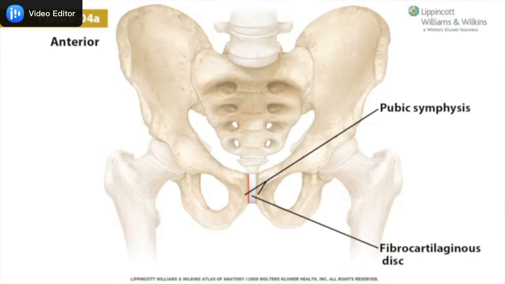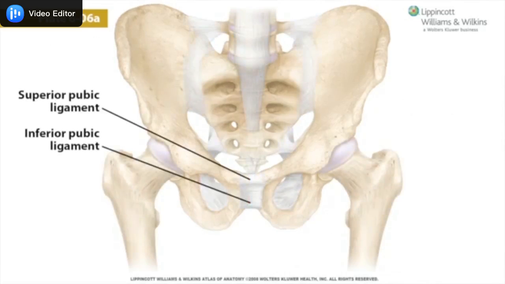There is a fibrocartilaginous disc between the symphysial surfaces that assists in shock absorption when compressive force is applied to the pelvis. The pubic symphysis resists compressive force as well as tensile force, or force that tends to separate the hip bones, as when a gymnast performs a split, for instance. The joint is reinforced by superior and inferior pubic ligaments that run between the bodies of the left and right